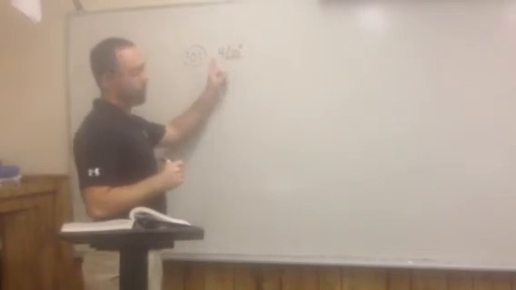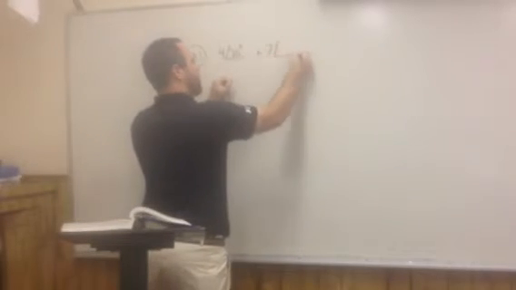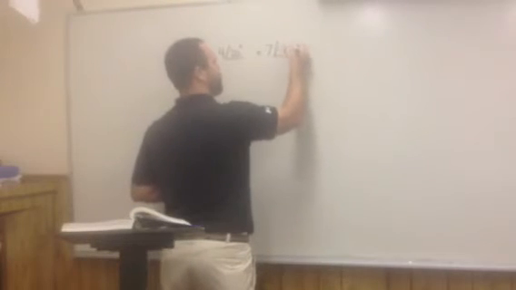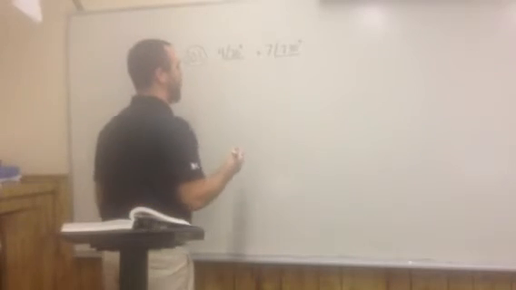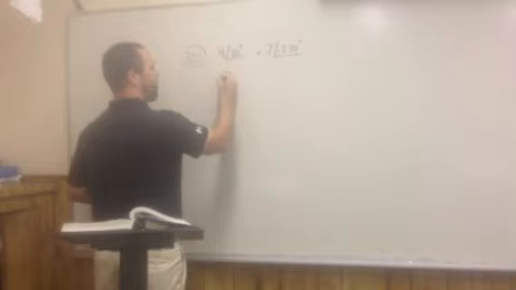We have a vector with 20 degrees and a magnitude of 4, and we're going to add that to one with an angle of negative 230 and magnitude of 7. Now, like I said, we have to change this into rectangular form. So in order to do that,